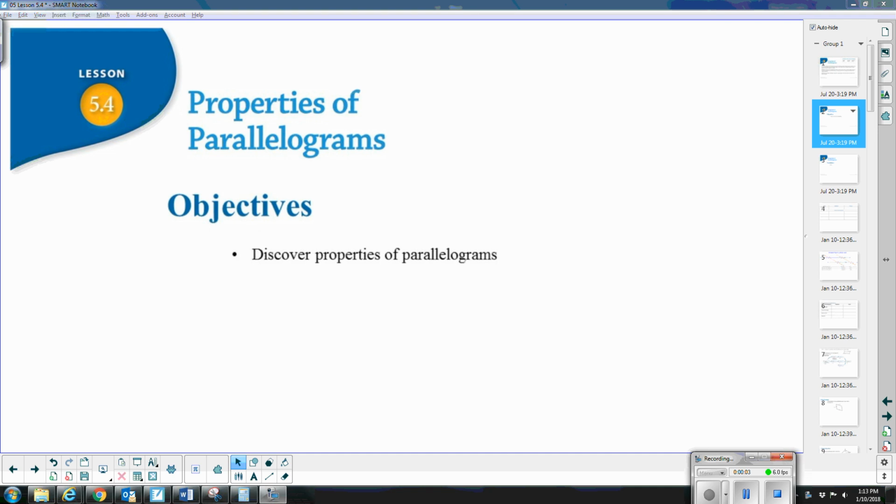Hi ladies, this is lesson 5.4. It's about parallelograms. We've talked about parallelograms back in chapter 1 if you remember, but today we're going to look at some special properties that they hold. So to begin, we're going to just start by